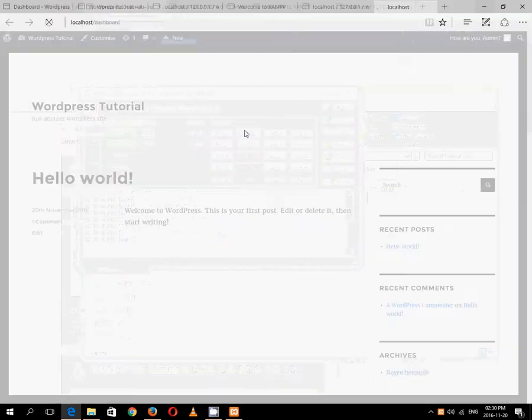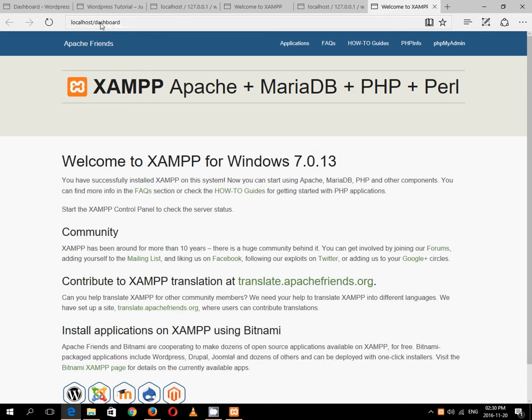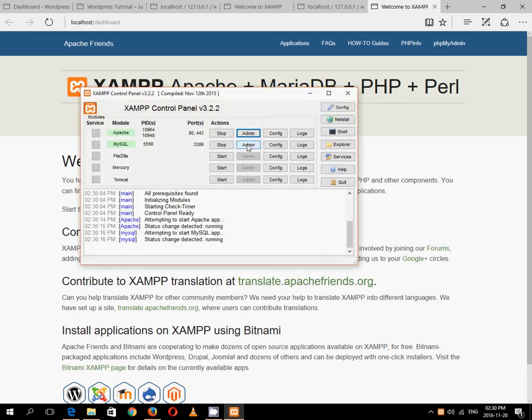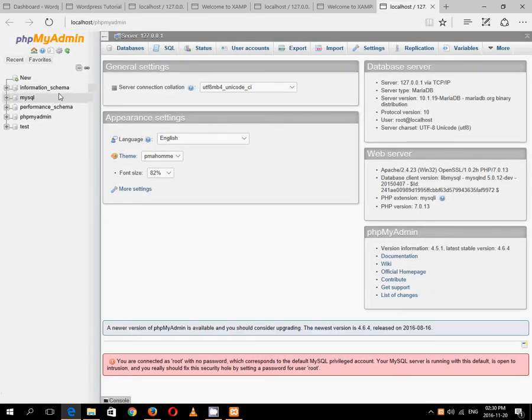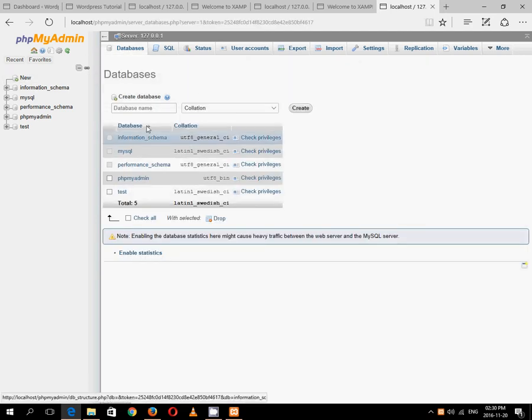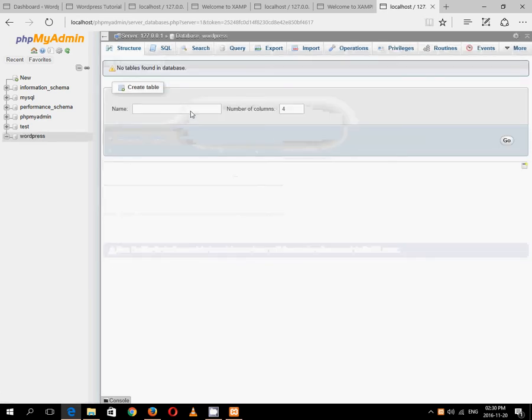I'll show you what the server looks like. localhost/dashboard. And now I'll show you what the database looks like. localhost/phpmyadmin. We're going to jump the gun a bit now and we're going to create a WordPress database. We're just going to call it WordPress to keep it simple. You definitely need a WordPress database to be able to use WordPress, and this is the program you use for that,